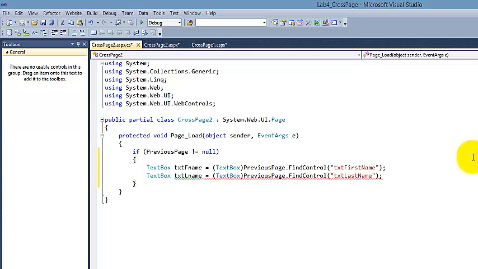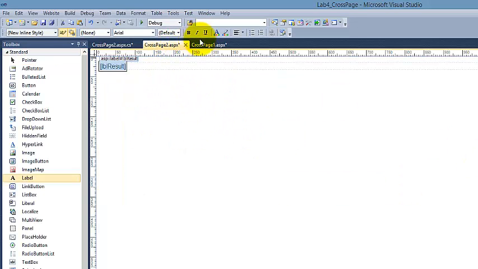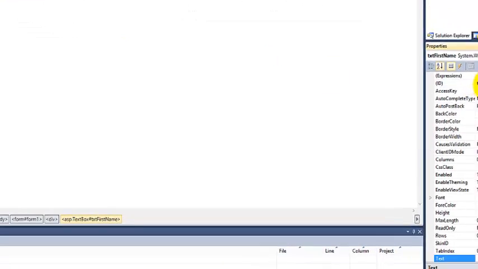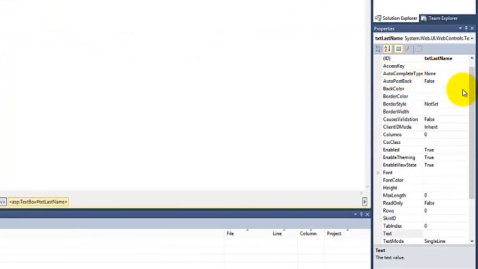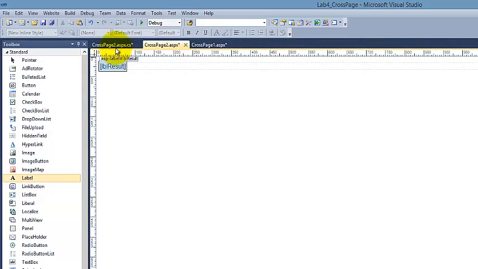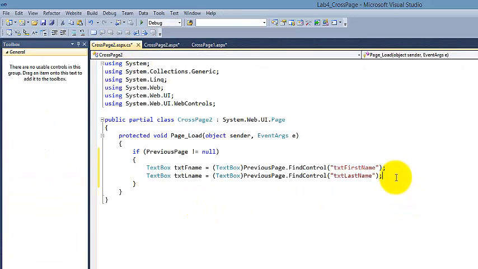We can make sure of the names. When I go to page 1 and select text box 1, we can find it is txt first name, and text box 2 is txt last name. So we are, of course, using the correct names. Now,